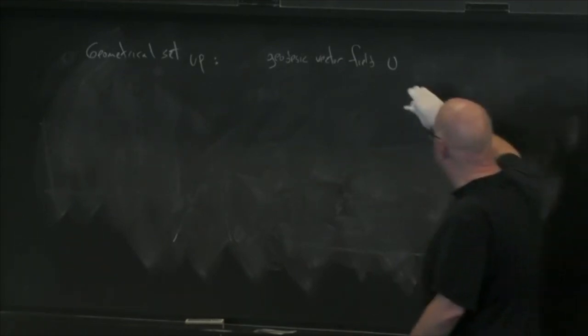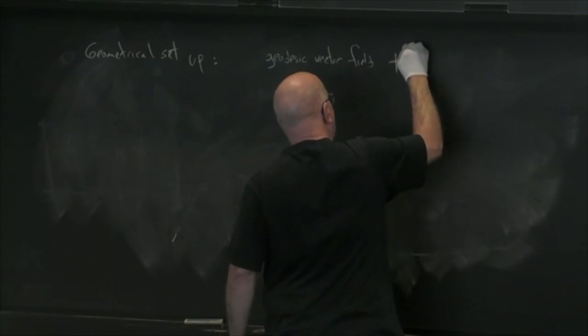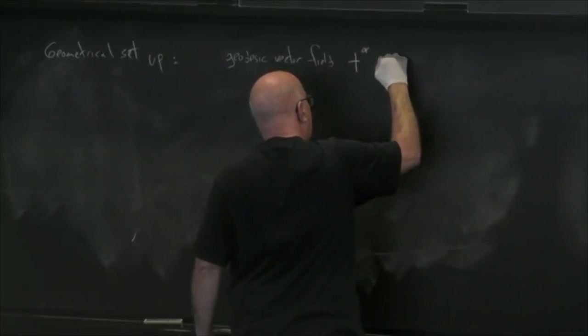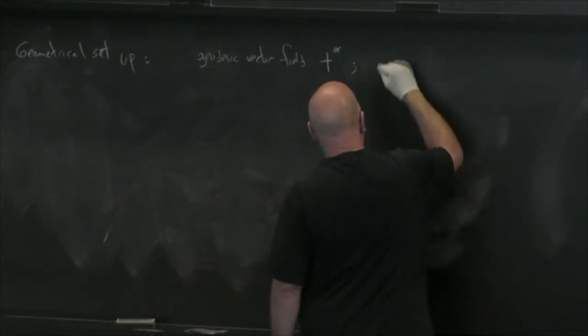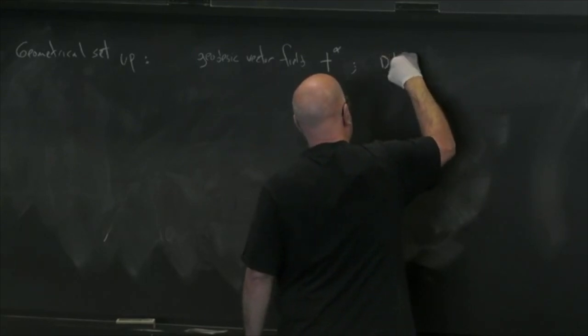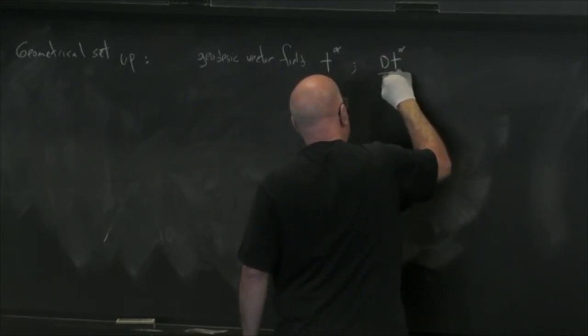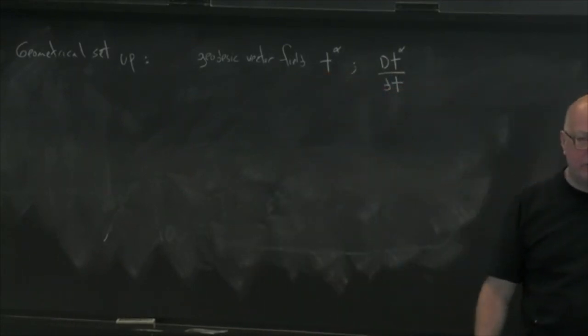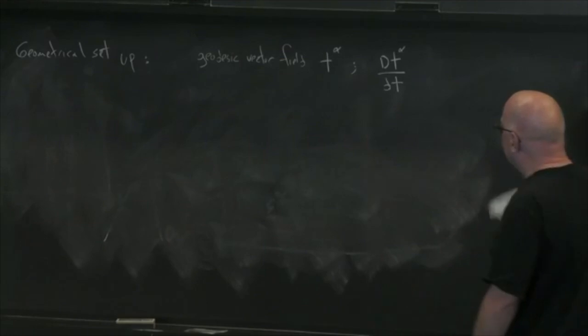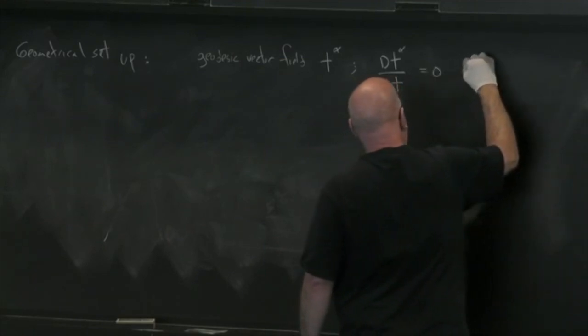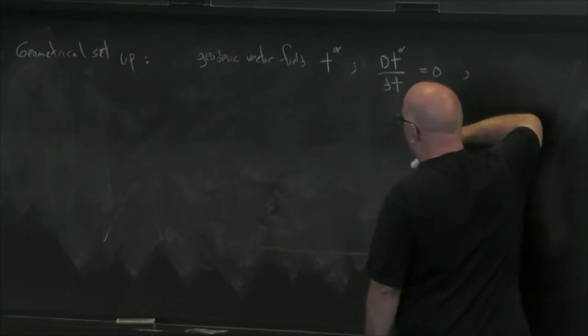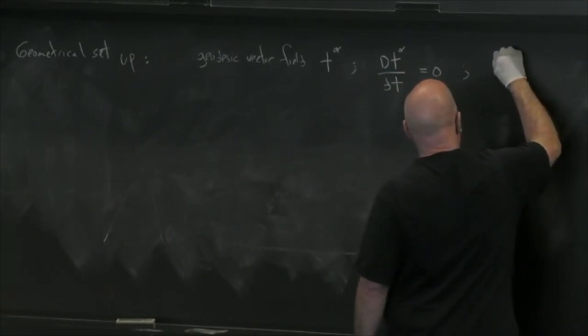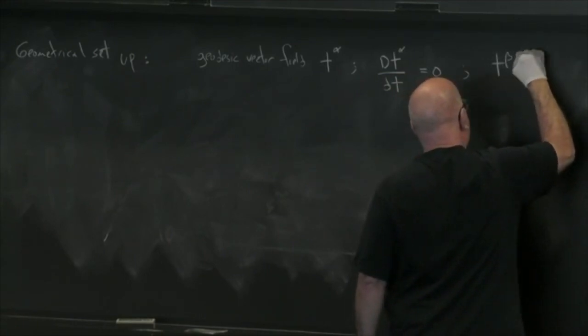Let's call it T. And I'm going to assume that we're using proper time parameterization, so I'm really saying that the covariant derivative of this vector field with respect to the parameter, I'm calling it T, but I really mean proper time, that's going to be 0. And because I have a vector field everywhere, I really can write this out as